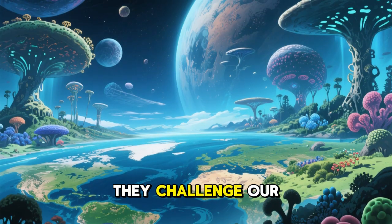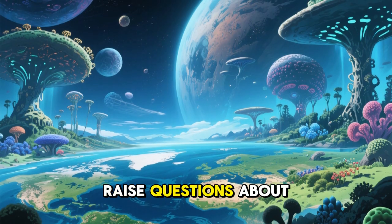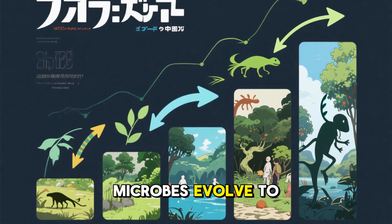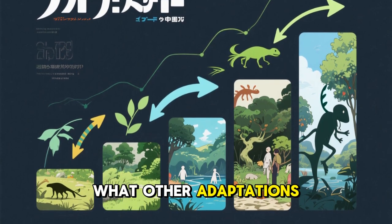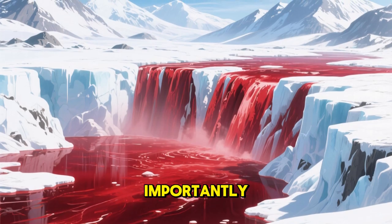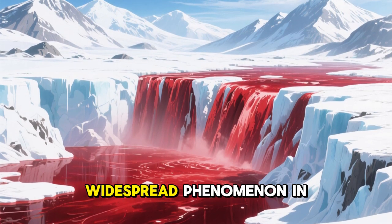Not only do they challenge our understanding of what constitutes a habitable environment, but they also raise questions about the origin and evolution of life itself. How did these microbes evolve to survive in the absence of oxygen and sunlight? What other adaptations have they developed to thrive in such harsh conditions? And perhaps most importantly, are these adaptations unique to this environment, or do they represent a more widespread phenomenon in